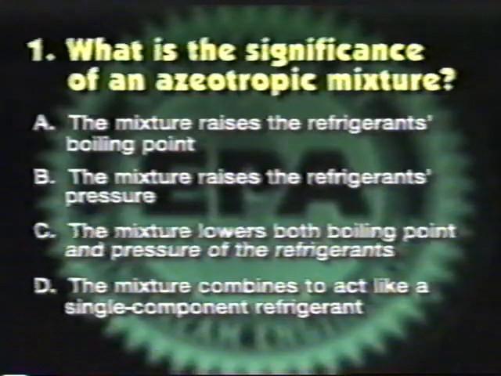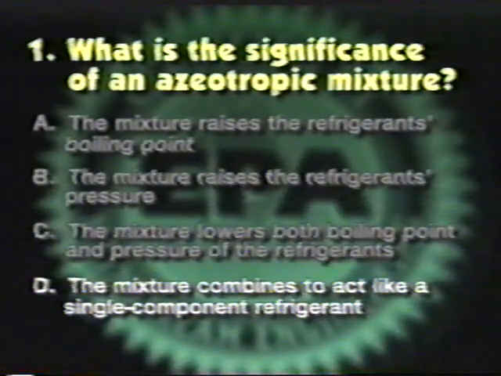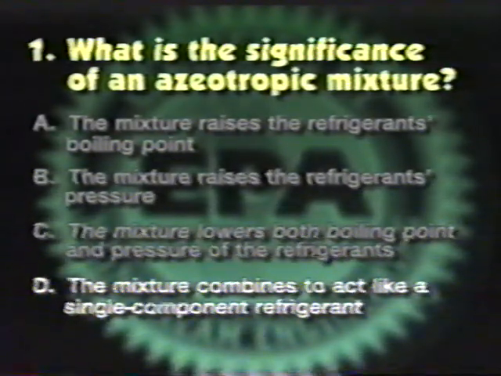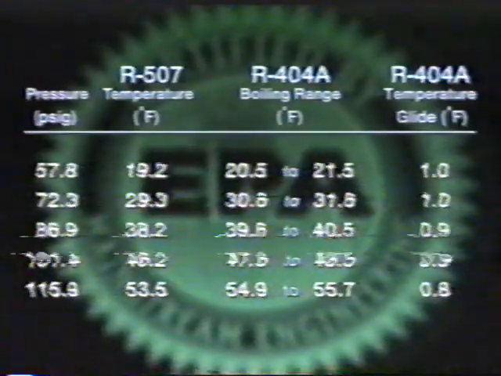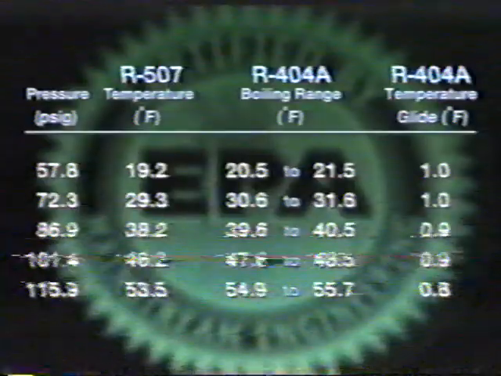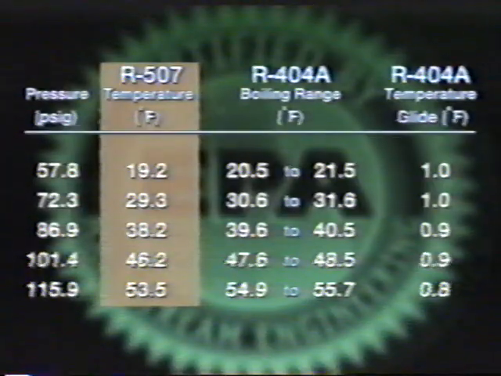The correct answer is D. Mixtures or blends of refrigerants can exhibit a distinct boiling point, or they can exhibit a boiling range. As this table illustrates, when a mixture of refrigerants exhibits a distinct boiling point, that is, when they behave as a single distinct refrigerant, then the refrigerant is designated as an azeotropic blend and is given a 500 series ASHRAE